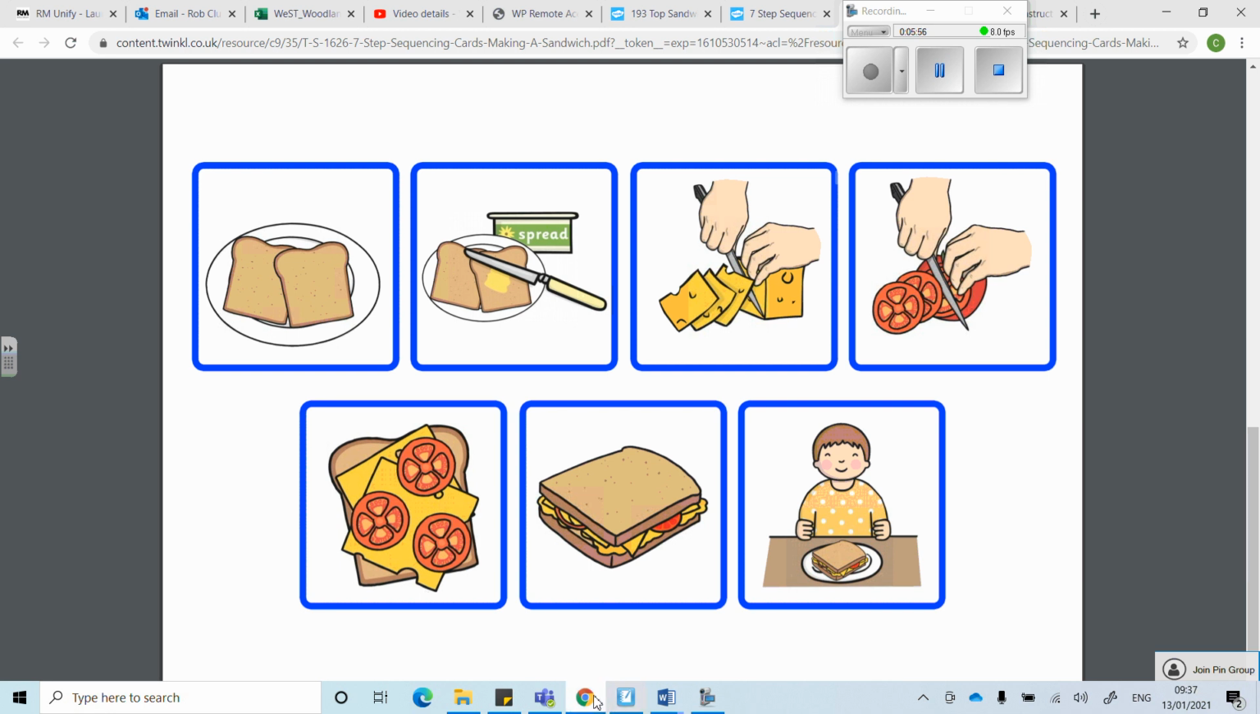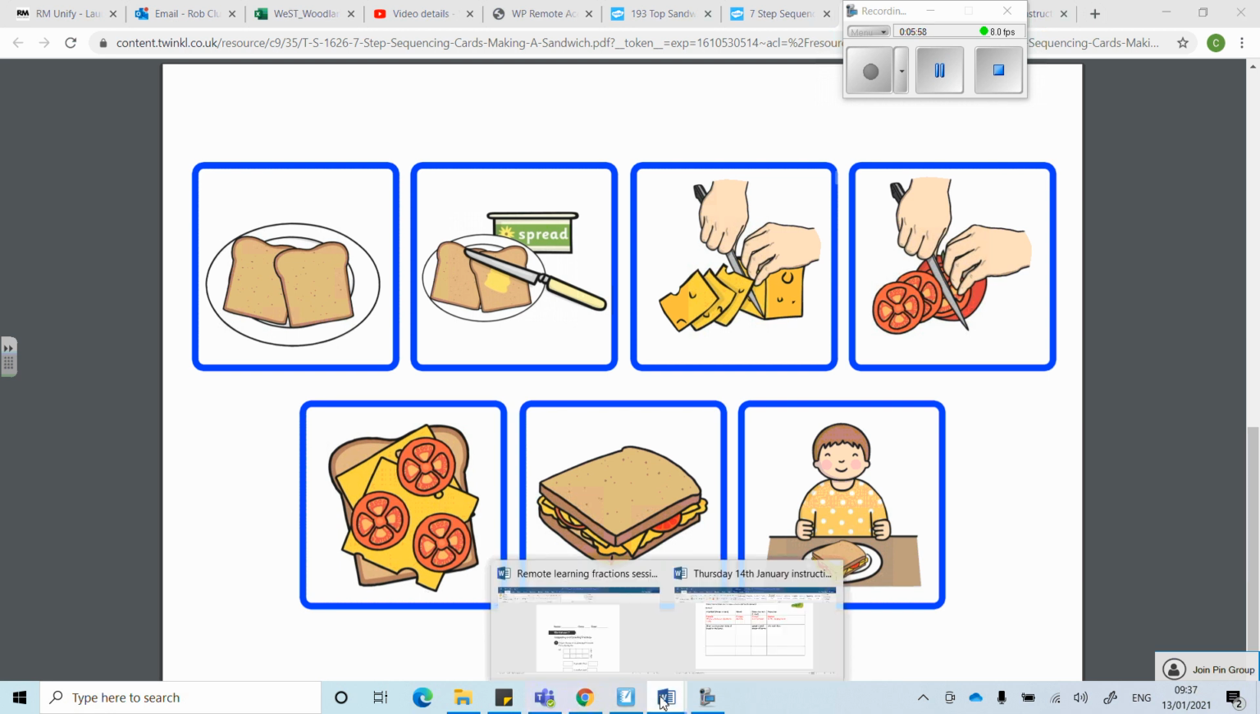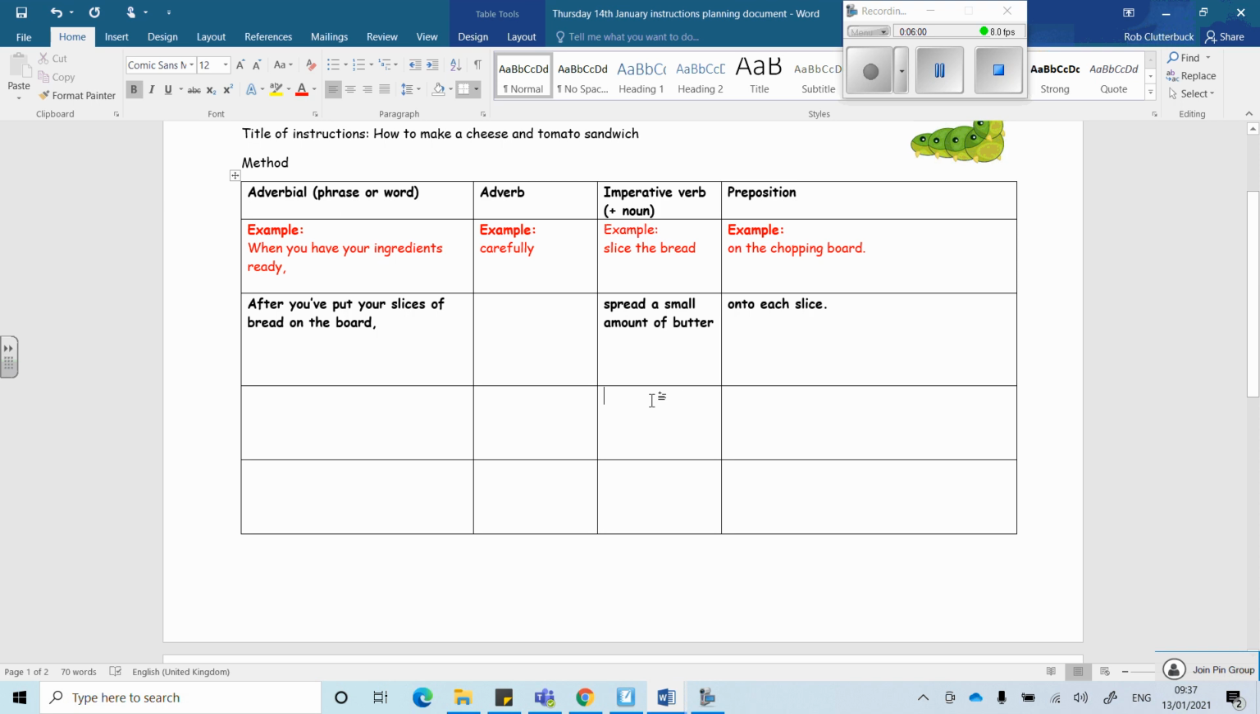So let's go back to my planning document. There it is. I'm going to put that in here first, I think. Cut the cheddar. I really like cheddar, so I'm going to use that. Cheddar cheese. Okay, so cut the cheddar cheese. Now this time, I might just choose a single adverbial word. So I might choose then, comma. Then,